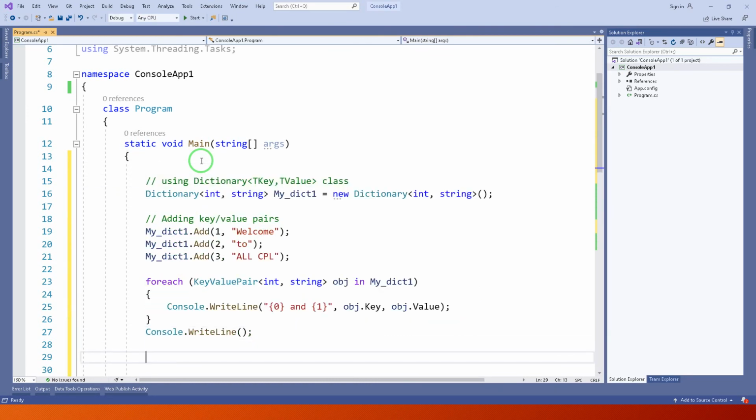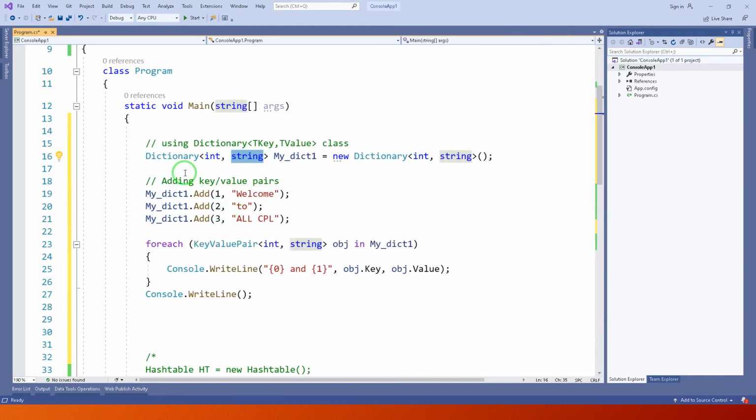In this example of dictionary, we have defined one dictionary, myDictionary1, and in the dictionary we define the key as integer and the value type as string. Now add the key value in dictionary. The first is key and the second one is value.